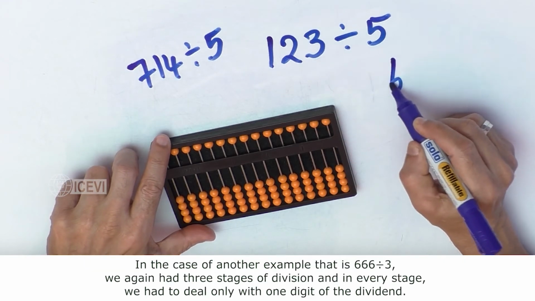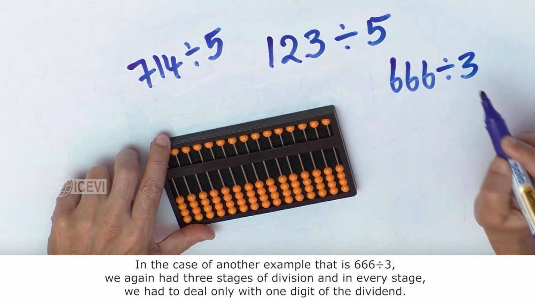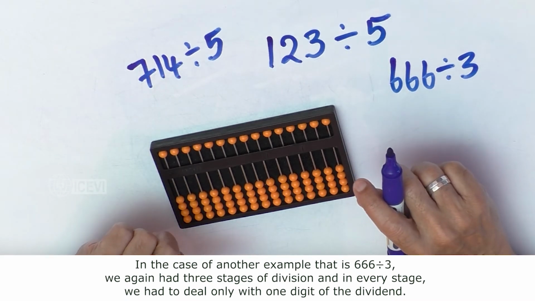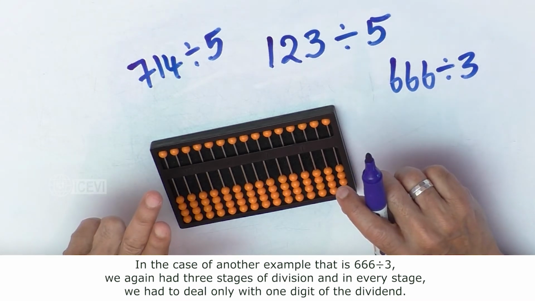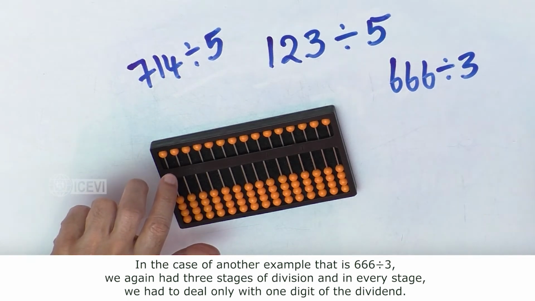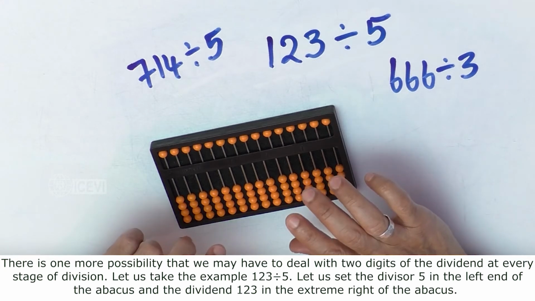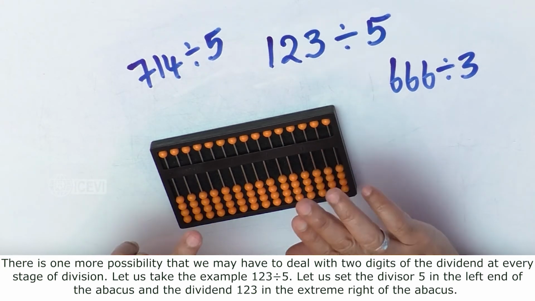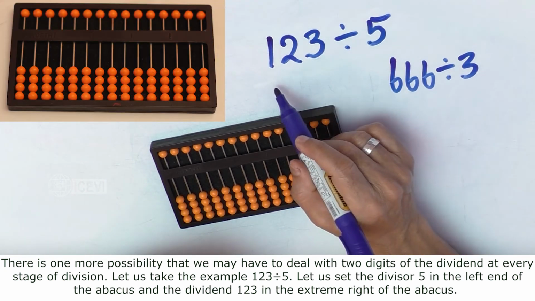In the case of 666 divided by 3, we again had 3 stages of division, and in every stage, we had to deal with only 1 digit of the dividend. There is one more possibility that we may have to deal with 2 digits of the dividend at every stage of division. Let us take the example